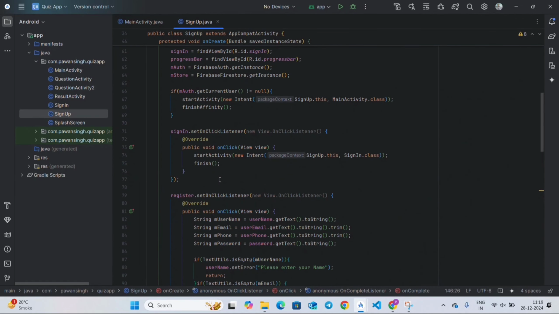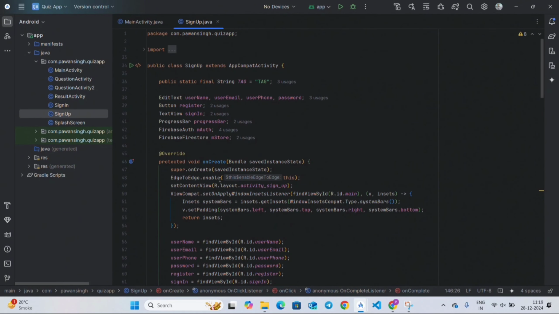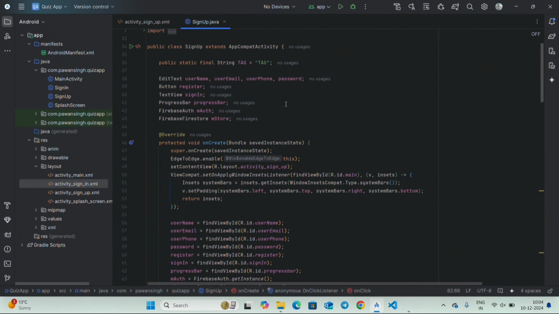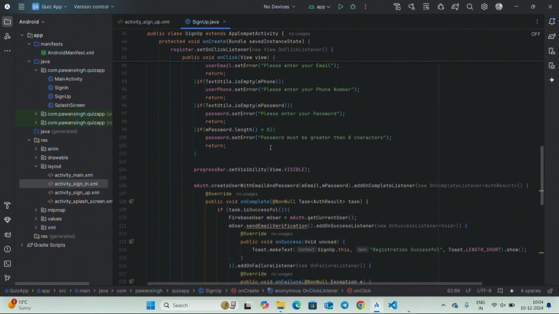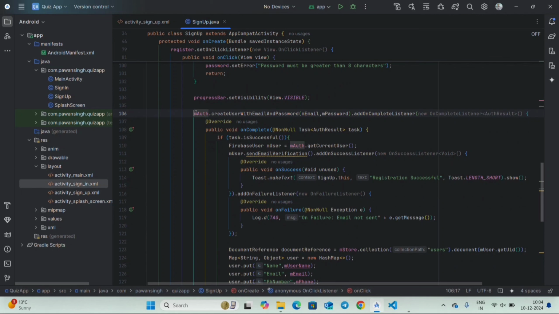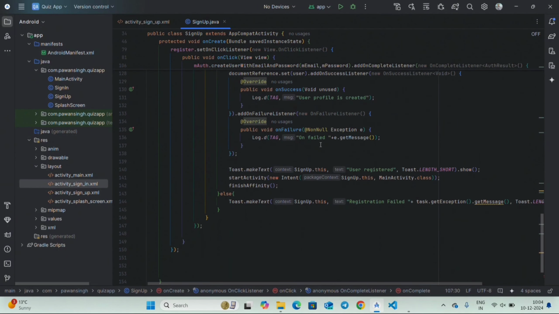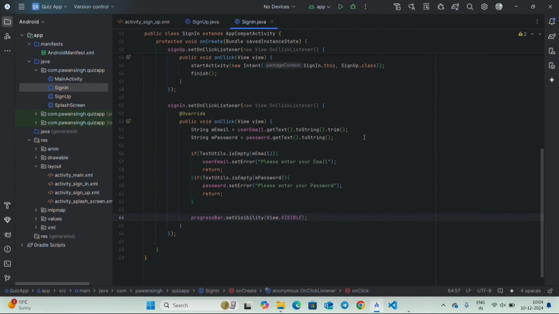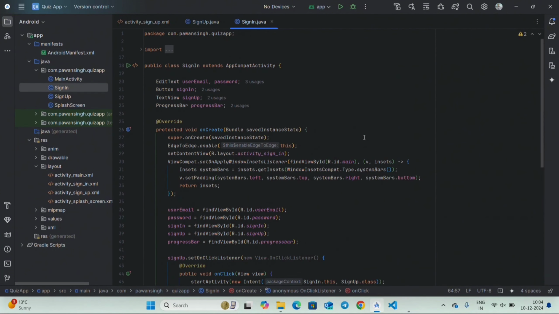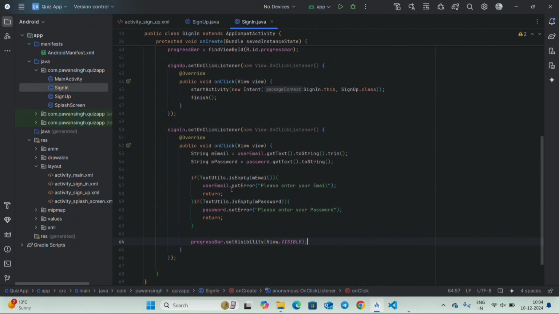This is our sign up page, and now we will be working on our sign in page. So scroll down. So till now we have created the user with email and password, but what if the user has already created its ID but wants to sign in? So we will go to sign in. Now we will code this. Firstly we will have to change some code here,